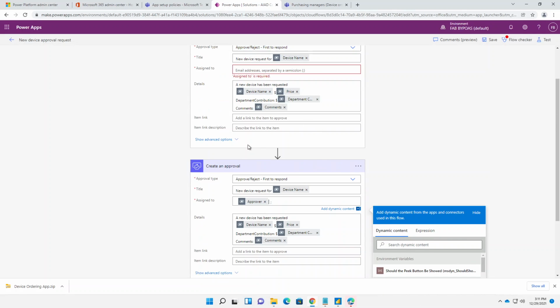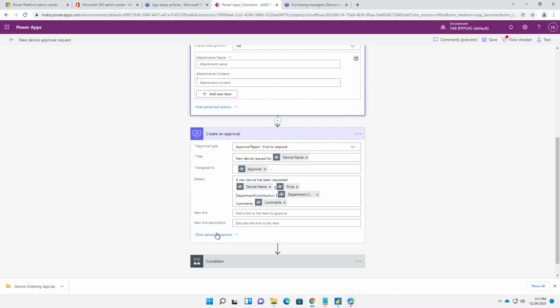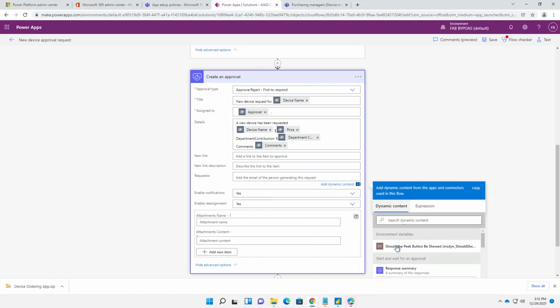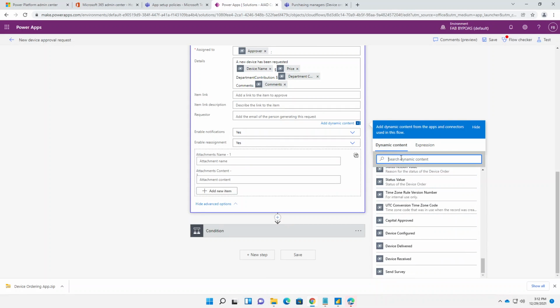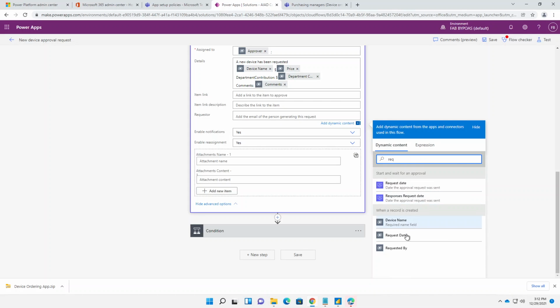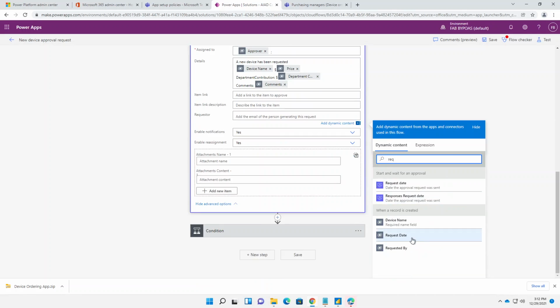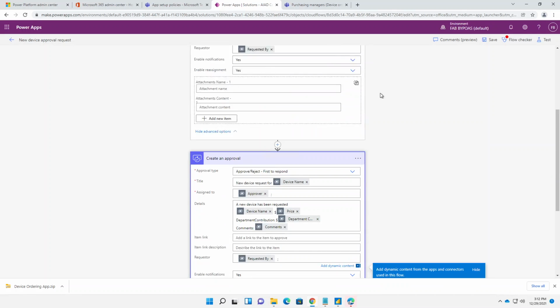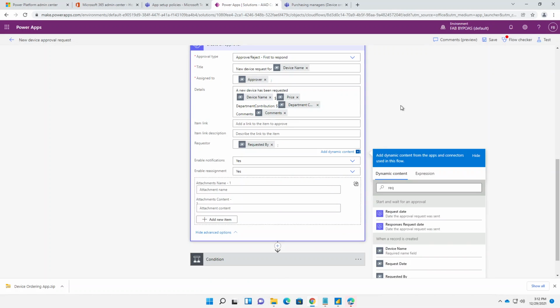Item link, don't need, and we don't need any advanced options. Requestor is the requestor. Requested by. Okay, so once you've copied that data,